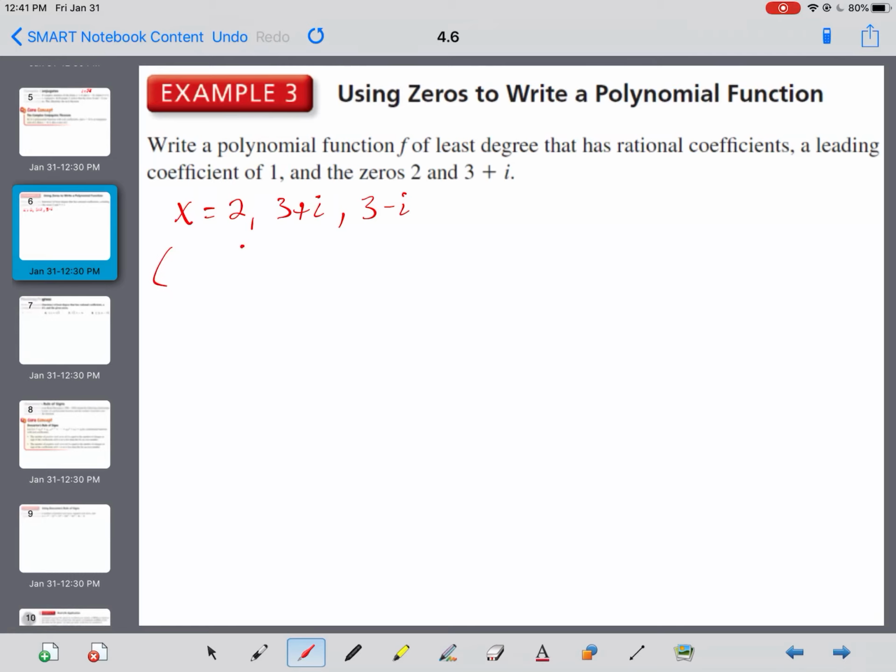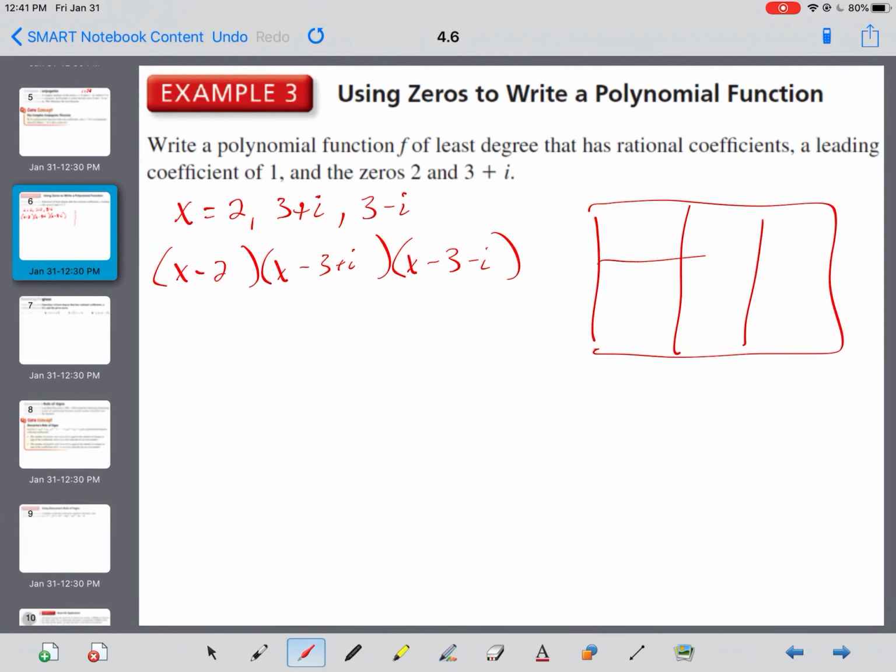Write the equation. Okay, so turn them into parentheses. We did this in the last section. x minus 2, x minus 3 plus i, x minus 3 minus i. I would do the i parts first. I like to go with the trusty box when it's the i because it keeps it all together. x is 1, negative 3 is 1, negative i. x is 1, negative 3 is 1, positive i. It's just like the radicals. x squared, negative 3x, negative ix. i is a number technically, so the x goes at the back. Negative 3x, positive 9, positive 3i,